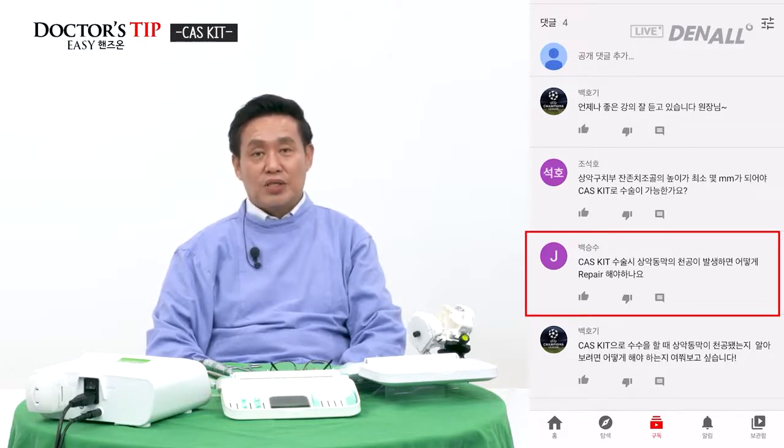For the perforated membrane, you need to change the approach to lateral approach to check and observe the perforation of the membrane. I repair using the tissue glue like fibrin glue, and the repair should be done and proceed with the surgery. If you cannot do the lateral approach, you can place the short implants after the bone grafting or wait 3 or 4 months